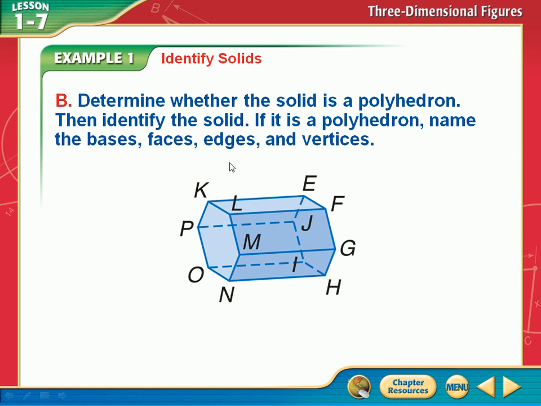Oh, what about edges? Did we talk about edges? Edges are the sides. Actually, not just sides, but where those two planes come together. So KE would be an edge, right? LF would be an edge. KL would be an edge. You see that? Where they form all these little line segments, those would be called edges. What about LF? Yeah, LF would be an edge.